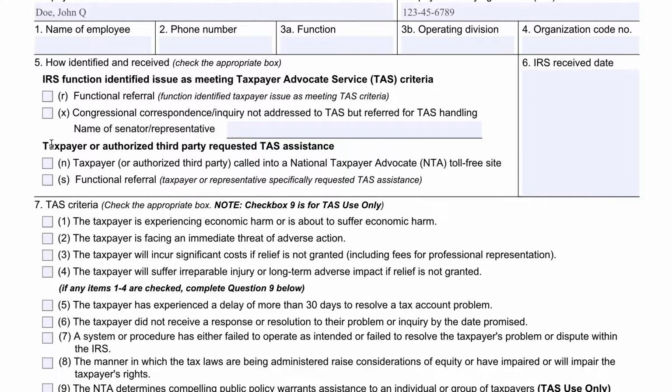They're going to use this to indicate what they received from the taxpayer when they call you or when they correspond with you. They're going to indicate what type of help they think you may need. What are the actions that they took to help you with your issue? For example,